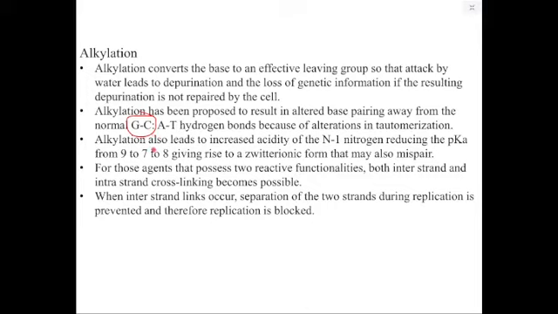And that difference in base pairing will again mess up the DNA replication. So instead of the normal GC hydrogen bonds, because of alterations in the tautomerism,